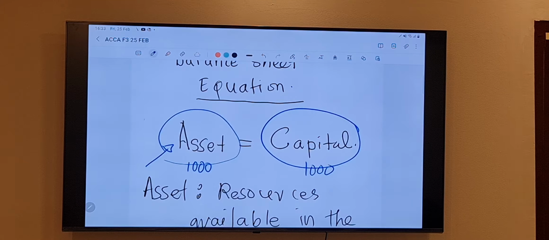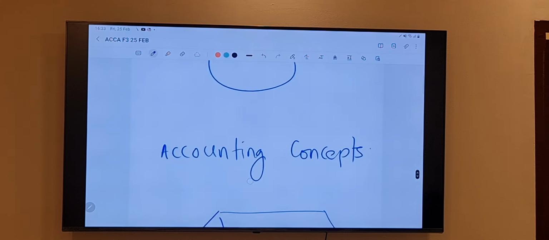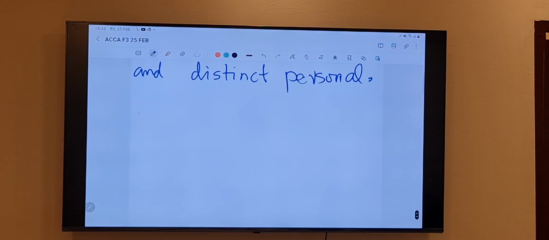Now we'll do one example. Mr. A. This example will continue. So I am going to give you several examples. Information in one example we need for the second example. So remember that.